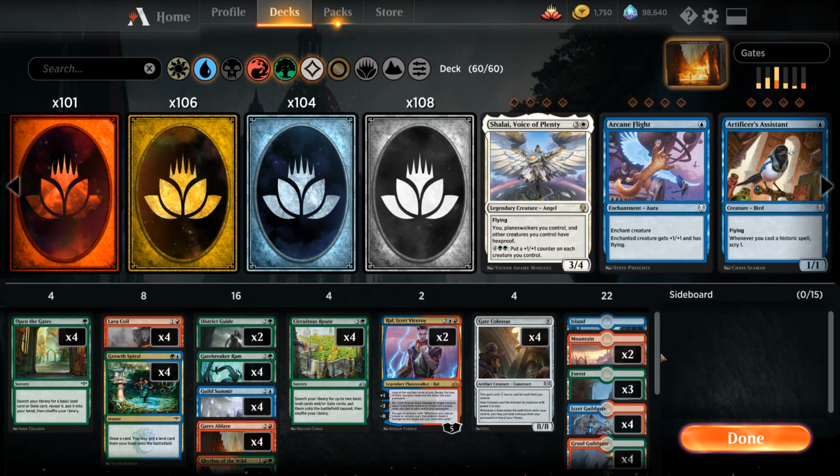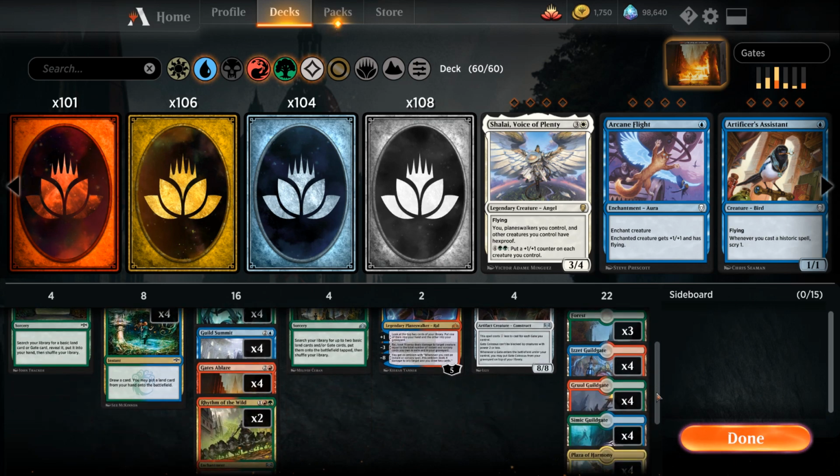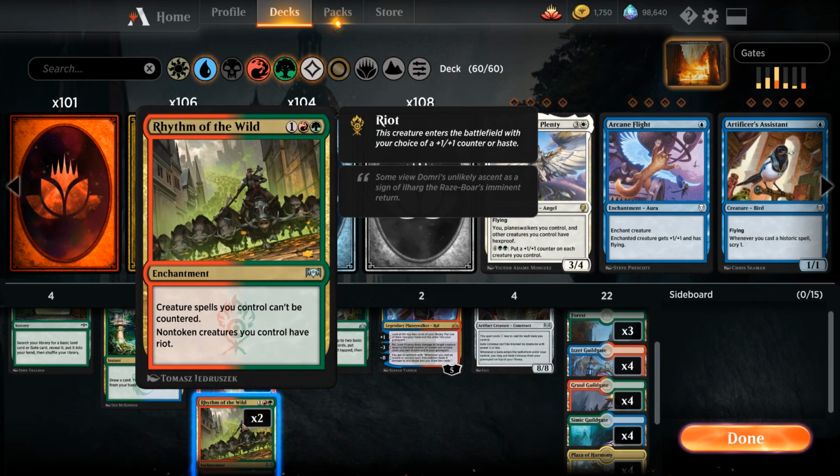And then another spicy new addition from Ravnica Allegiance is 2 copies of Rhythm of the Wild, 3 mana enchantment that says creature spells we control cannot be countered, so great against any control deck relying on counter spells, since then we get to play an uncounterable Goat or uncounterable Gate Colossus. And then non-token creatures we control have Riot, which means that as they enter the battlefield we can choose to put a +1/+1 counter on them or give them haste, and most of the time we're gonna choose haste in